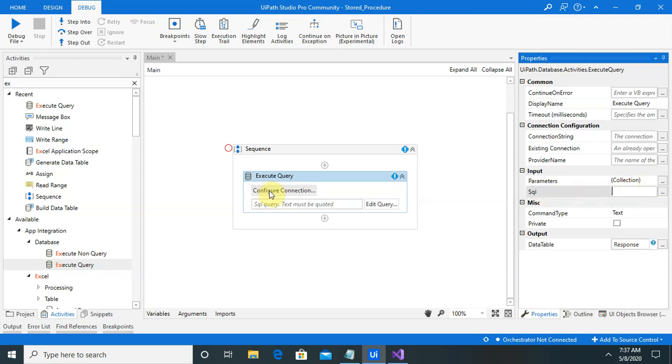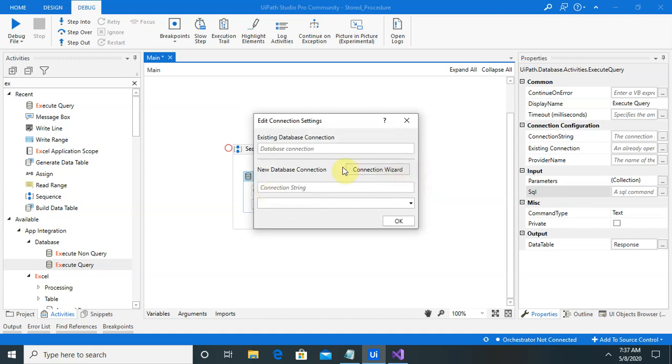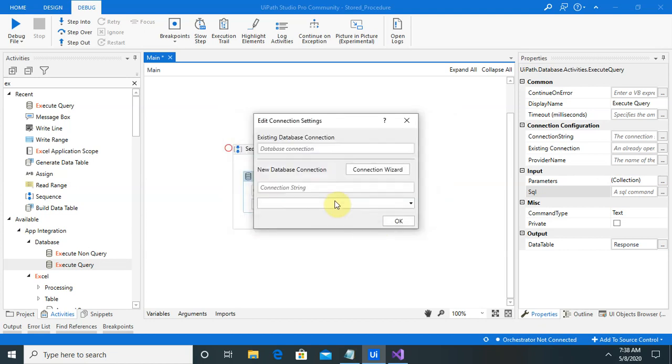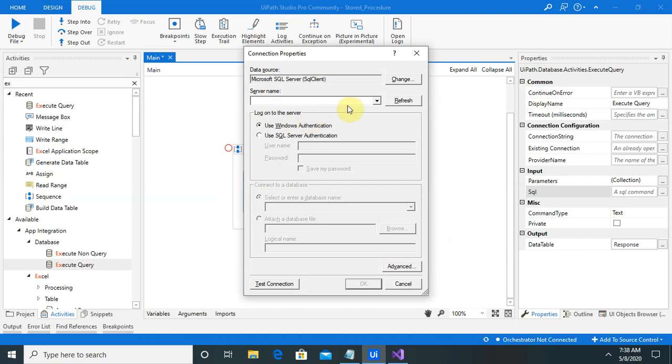Now let's configure our connection. It is not configured yet, because of that the database field is blank here. Just click on the Connection Wizard. Once you click, it will show you a pop-up message. I am connecting with Microsoft SQL Server. Select it, and it is automatically populated with the .NET Framework Data Provider. I am clicking OK. Now it will open a wizard.